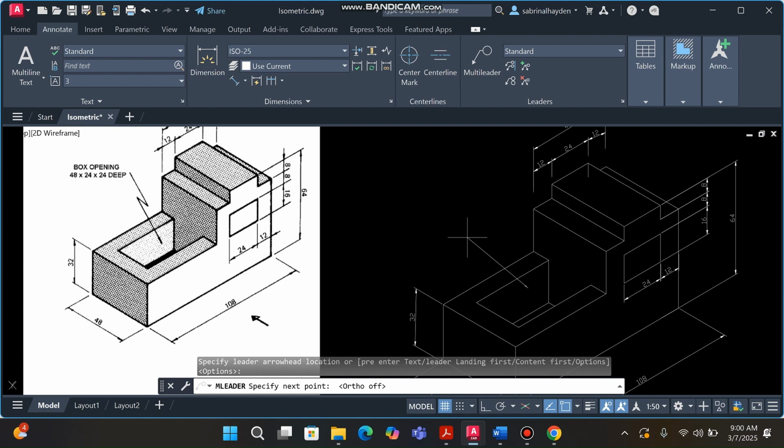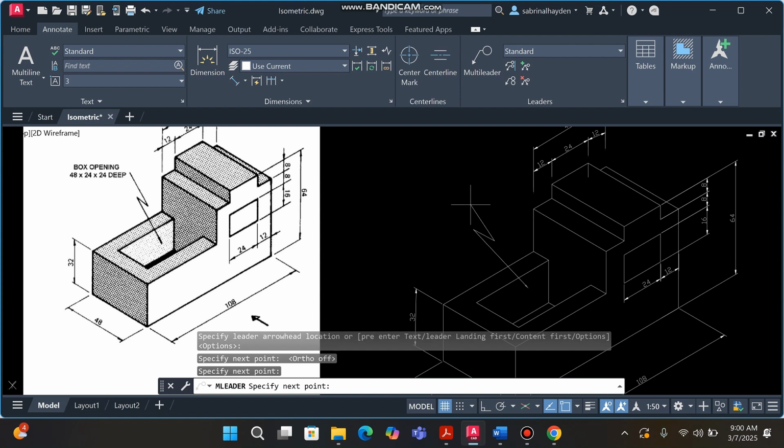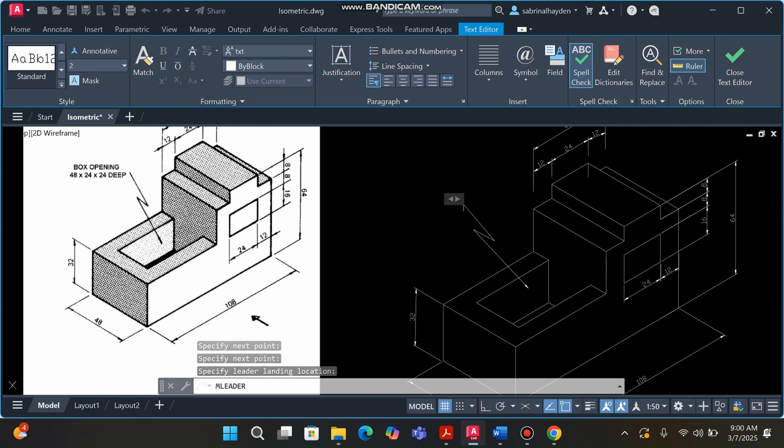And we're going to go here. We can just freehand it and click here and here. And you see it's allowing me to click somewhere else, but if you don't want to click somewhere else, you can just select enter, and then it will allow you to have your words. Then you can just type what you see, put it on all caps, box opening, and then if you want to go below, you select enter,